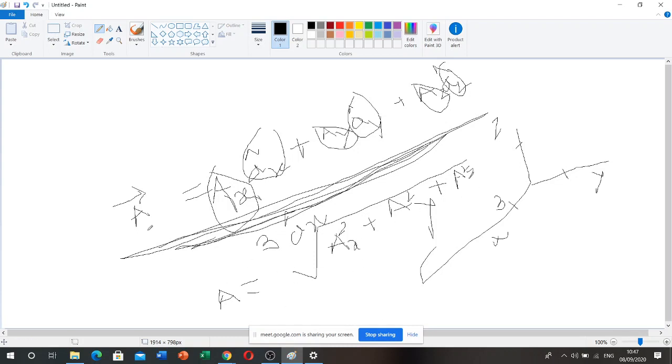Now how to find the unit vector? This gives us the magnitude. Now I want a unit vector which gives us only the direction, not the magnitude. How to find it? Take the vector A divided by this magnitude. So you will get some number here, and ax is divided by that number, ay divided by that number, az divided by that number. You will end up with one more vector that I'll write as the unit vector, whose magnitude is 1, and the direction of that vector is the same as that of the given A vector.